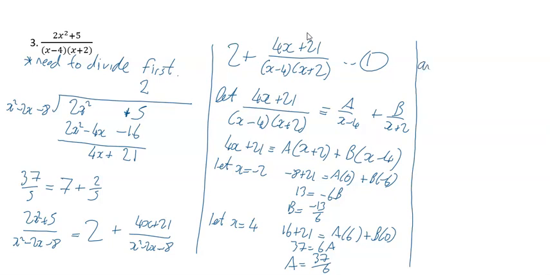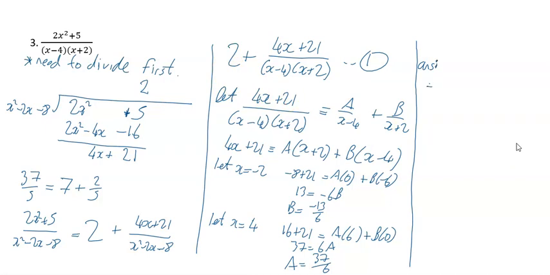Our final answer then. A lot of people forget about this. All we've done now is we know what our a and b is when we express this in partial fractions. Don't forget about the 2. That's a big mistake a lot of people make, forgetting about the 2. So for your final answer,